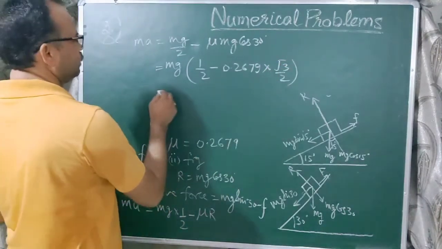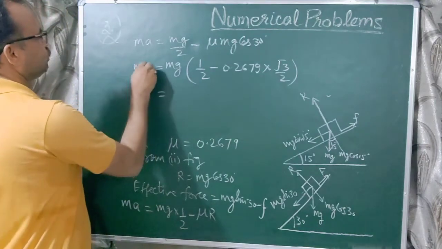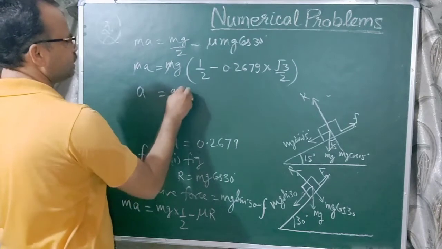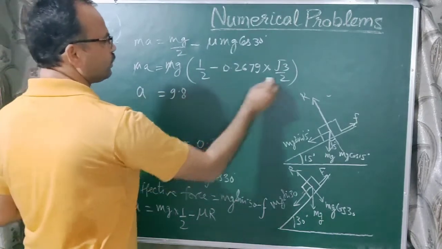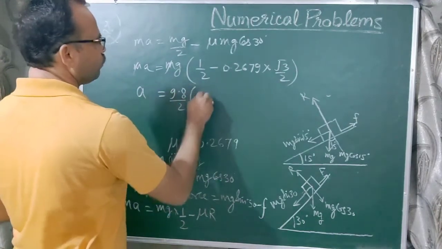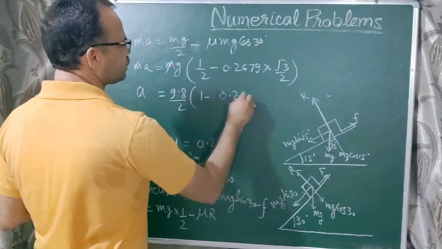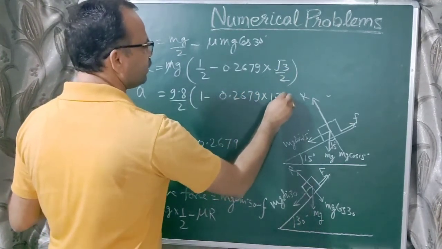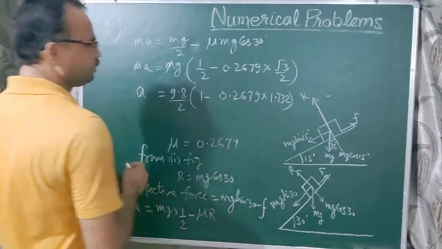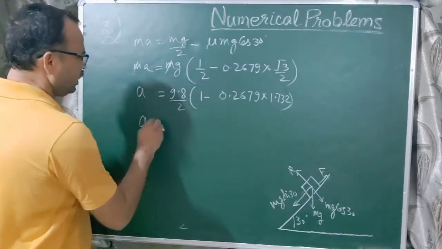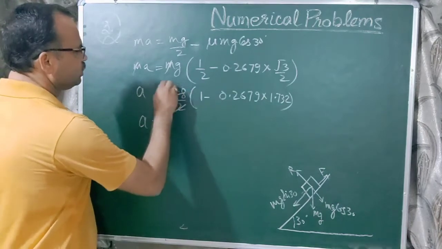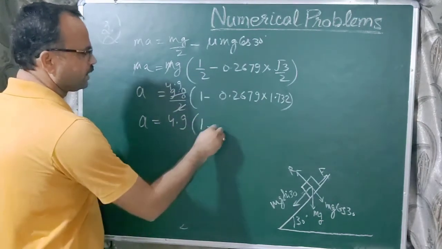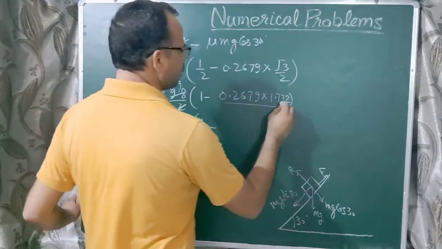Now m and m cancel, so a equals the value of g, which is 9.8, times 1 upon 2 taken common, 1 minus 0.2679 into the value of root 3, 1.732. Now a equals 4.9, 1 minus, so we have to multiply these two numbers,